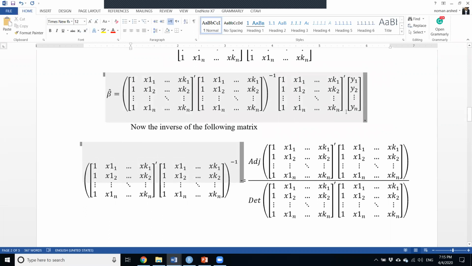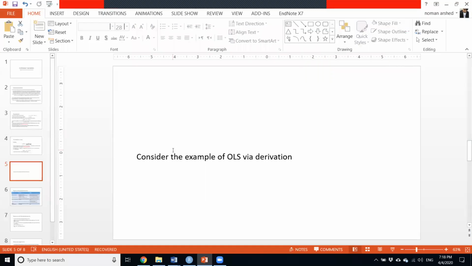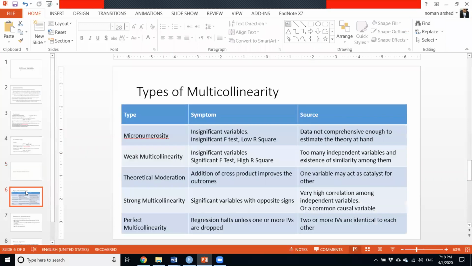And in data analysis, infinity means uncalculatable. So if there is perfect multicollinearity, the regression will not give us any results, and we will be clueless as to what the reason behind it is. The main reason is that there is too high multicollinearity. Now we will continue towards the discussion of different types of multicollinearity and what their symptoms are,